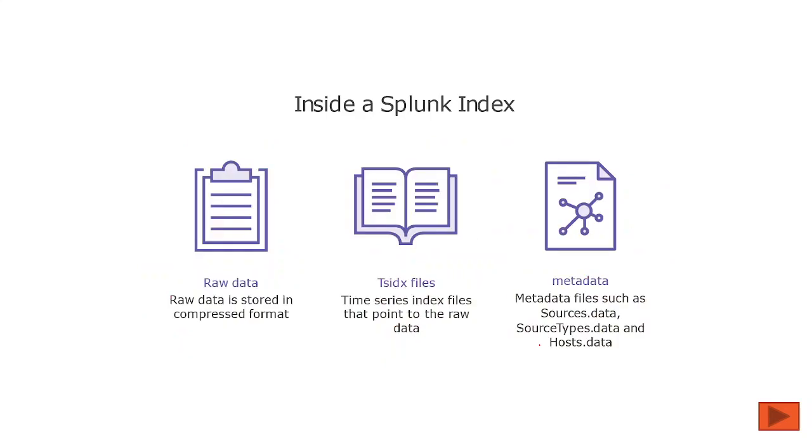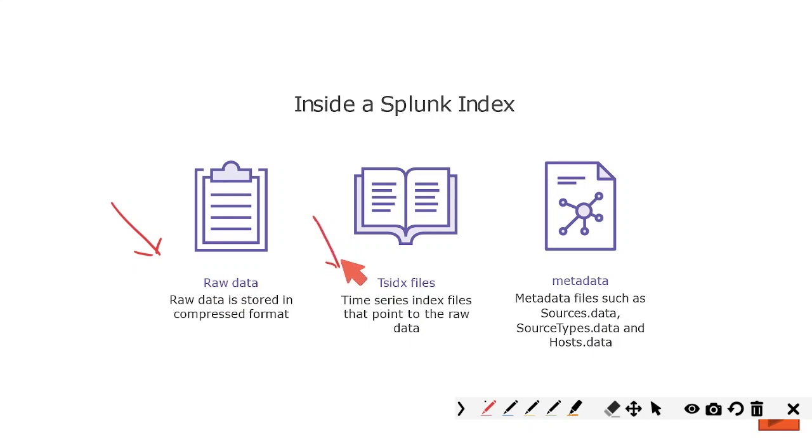So what do we store under the Splunk indexes? Definitely raw data, whatever the log files we have. All that data will be stored in the form of raw data. And then we also have something known as time series index files. These files are normally representative of the data which is accelerated in the form of data models. And then we also store some metadata with respect to sources, like the sources.data,